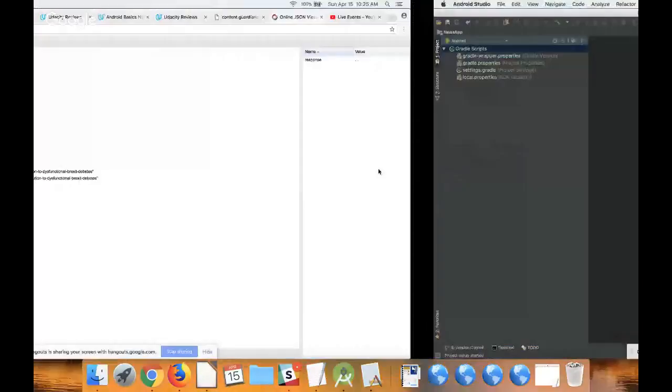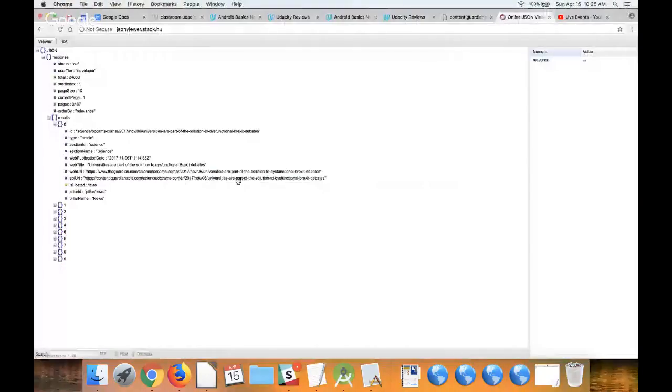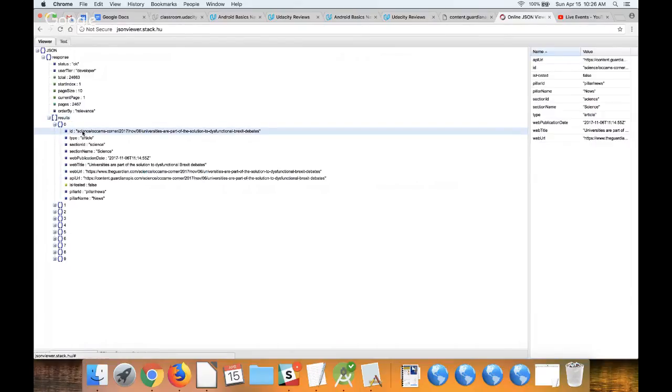Okay, so this is the JSON, in a tree, nicer than a plain string. So we have certain data here, and that would be, for example, an object. So we can have an object of type result, and that object will have a string called ID, and it will have a string called type, and so on.